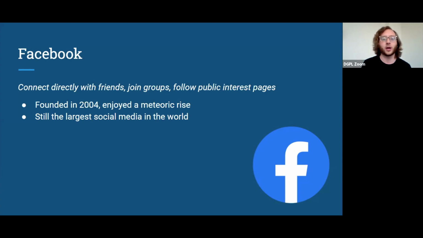It's less about being a public sphere than other social media, but in many ways you can think of it as a public forum. Facebook has also in recent years added the Facebook Marketplace, which is where you can find items to buy, and also post items for selling directly to other users in your area.